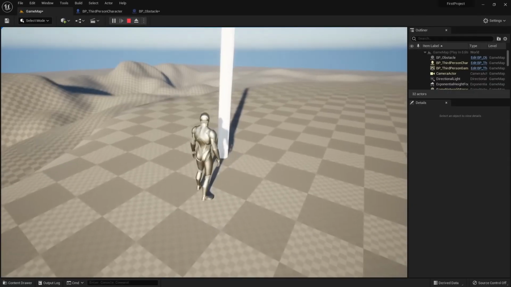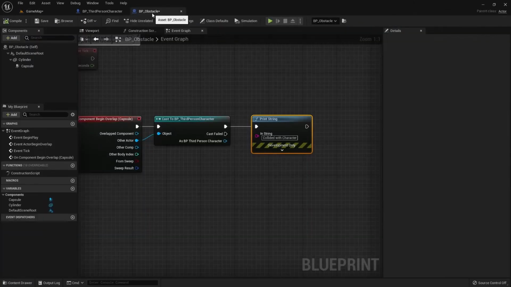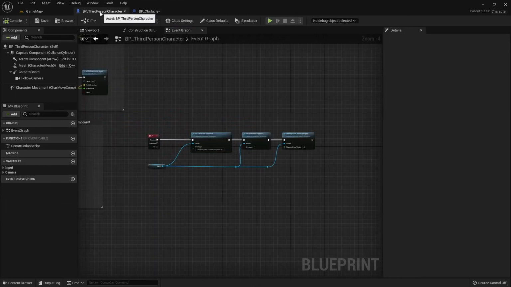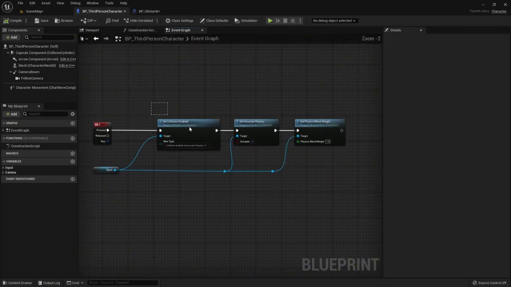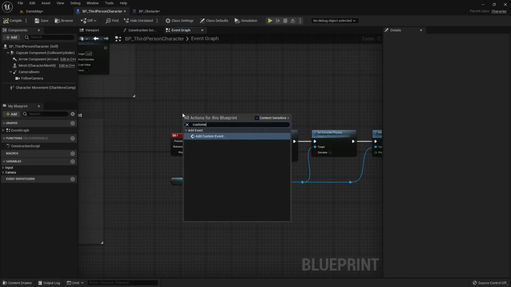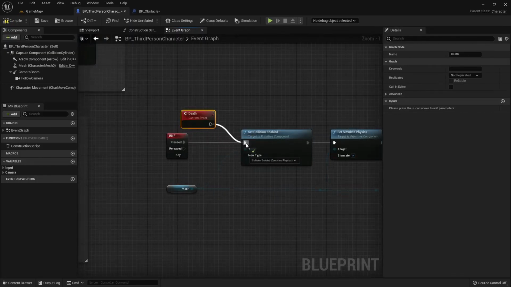Now, I want it where when we do collide, our player ragdolls and dies. So jump back into BP underscore obstacle. Let's delete that. And casting also has the benefit that we get access to a lot of the properties that are within BP underscore third person character. So if we jump back into our character, I want to create a custom event right here. So this custom event will allow us to call all the nodes that we've already set up. So right click, type in custom event, and call this one death, just like that,